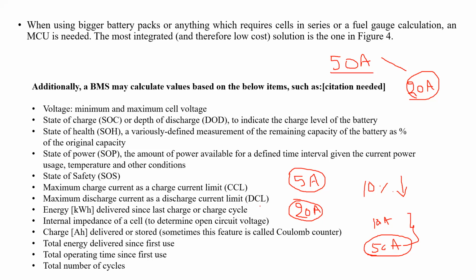Discharge current limiting. Okay, how much discharging current is flowing at this time? Is that current within a specified value or not? If it exceeds this specified value, immediately it will give some signals to the operator. Clear? Operator means here what? Driver.